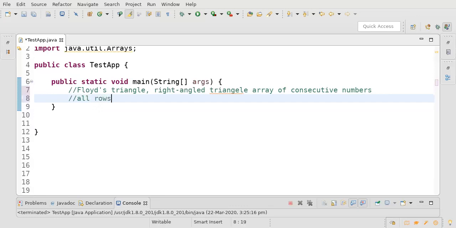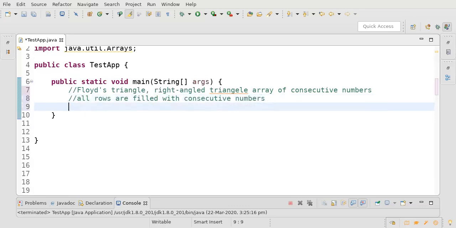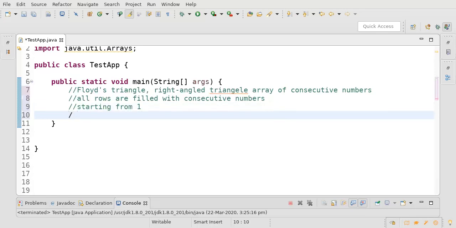All rows are filled with natural numbers, with the consecutive numbers starting from 1. For example,